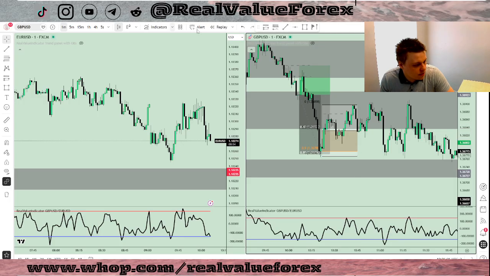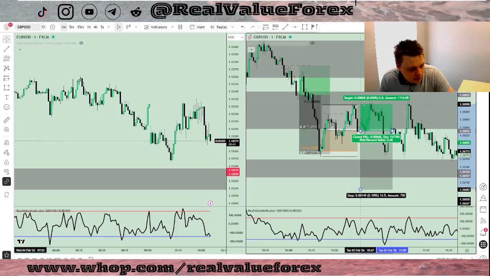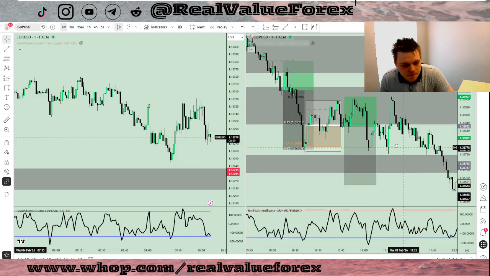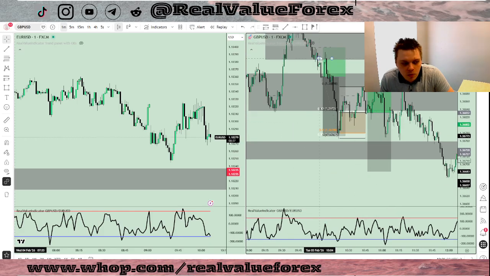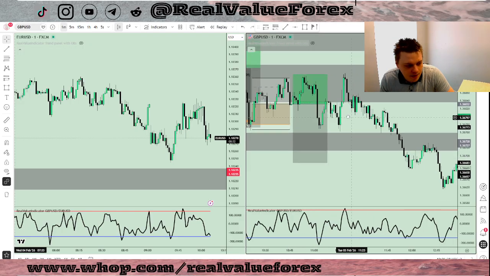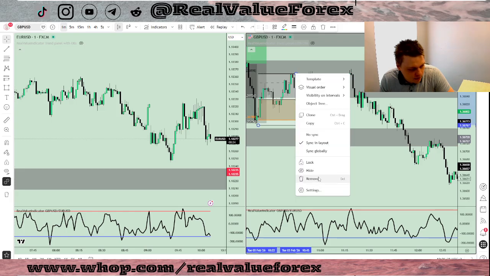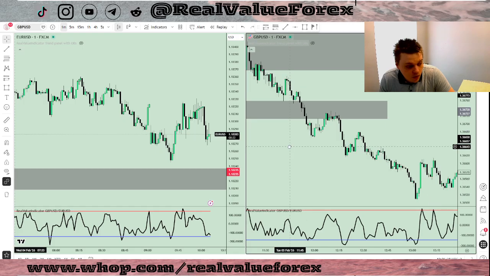We tapped 50%. Let's just provisionally look what would have happened in here. This was 15 pips, first is 7.5. Yep, we would at least hit take profit one. Like I said, it was already a broken order block, but still with this we would have hit take profit one. And now if you go further, let me just close them to have clean charts. If you go further, then we can see that we actually, in here,